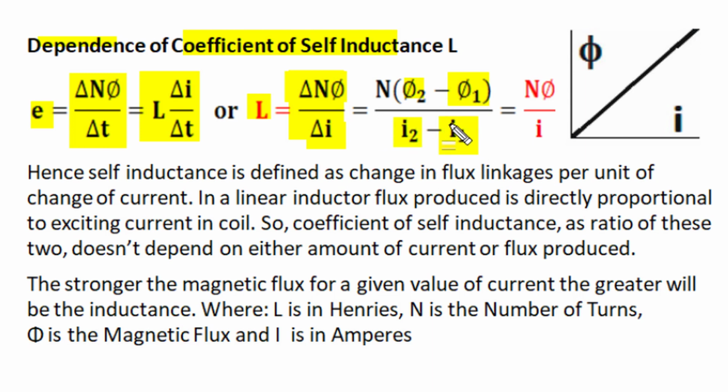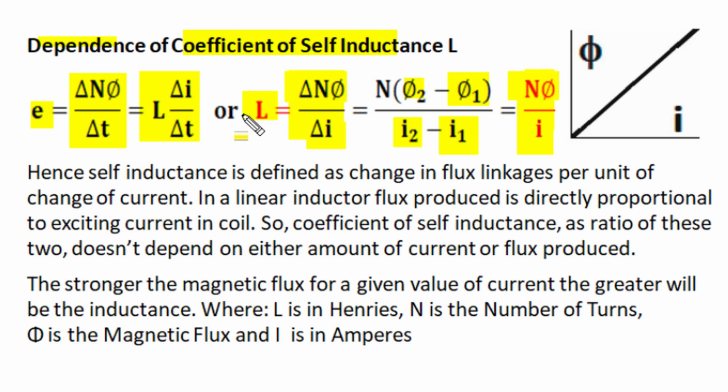And if initial value is taken as 0, since current and flux are proportional to each other, for 0 current flux is 0. So we can say self-inductance is flux linkages per unit current. It is ratio of flux linkages, flux multiplied by number of turns in coil, divided by the current in coil, becomes the self-inductance of coil configuration in Henry. If for a given current we have higher amount of flux linkages, higher would be the value of self-inductance. So here in this relation L equal to N phi by I,